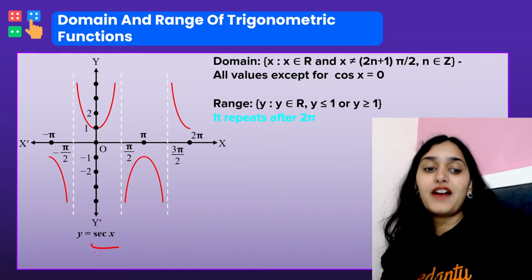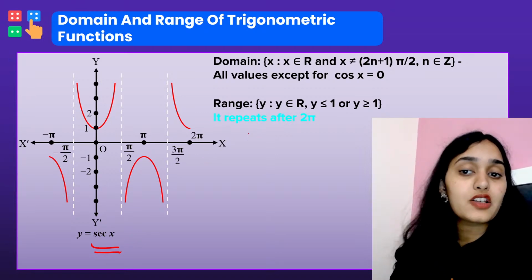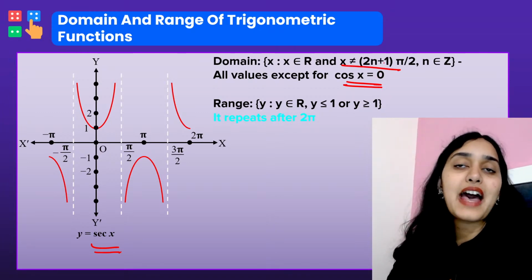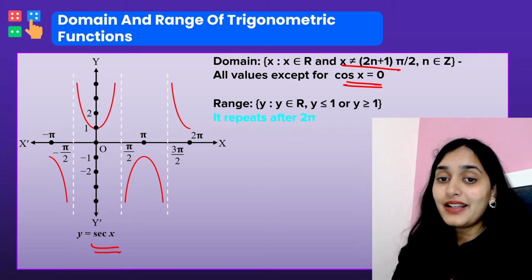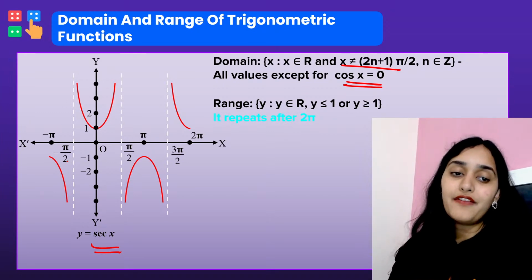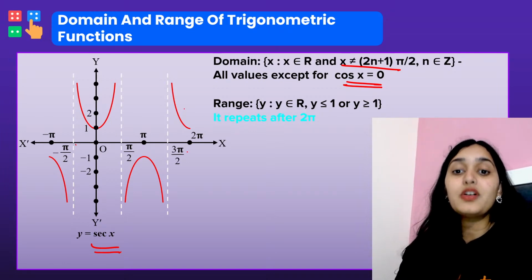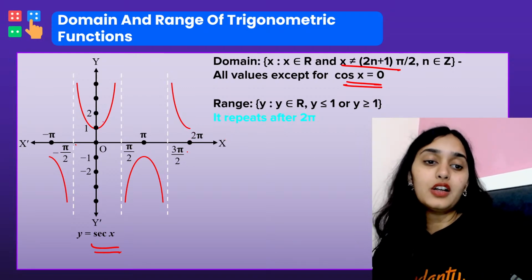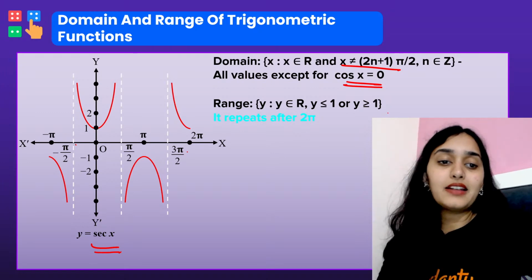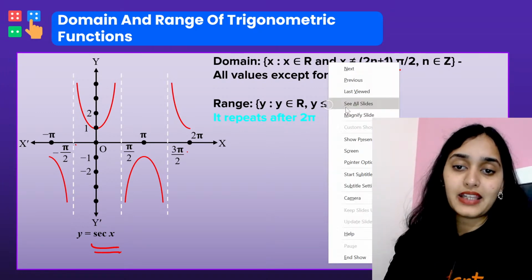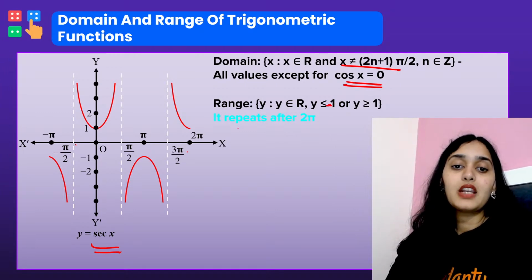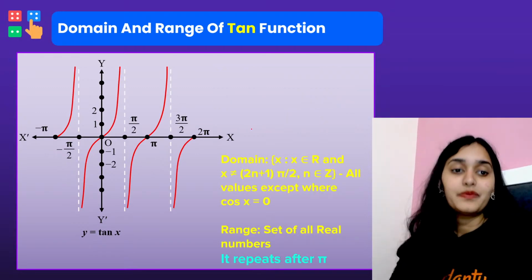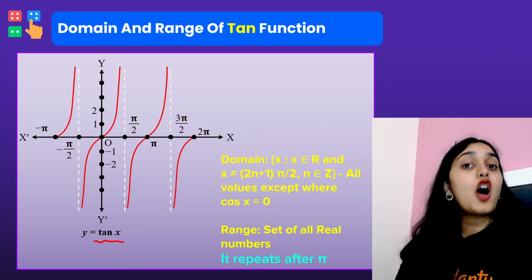Similarly, the secant function is the reciprocal of the cos function. Now, cos function is 0 when we have a multiple of pi by 2, a 90-degree multiple. So for every pi by 2, 3 pi by 2, minus pi by 2, it will be undefined. And the range of the function, once again, if you look, is always greater than 1 and less than -1. Okay. And it also repeats after every 2 pi radian, sorry, not degree. Next is the tan theta and cot theta graph.